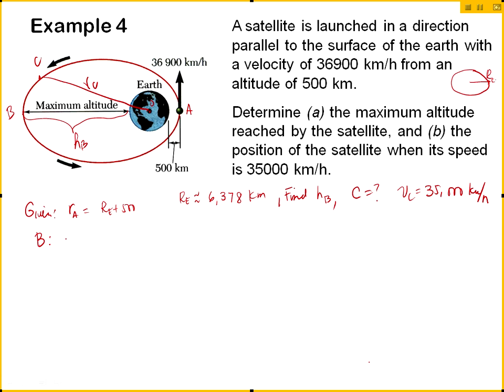So let's look at the first part. At B, what are the things that we don't know at B? We don't know the altitude, HB, right? What else do we not know? Okay, we don't know the velocity at B, right? Which means that we're going to need two equations, right? So what are the two equations that will help us solve this problem? Okay, the first one is conservation of angular momentum, right? And the second one is,